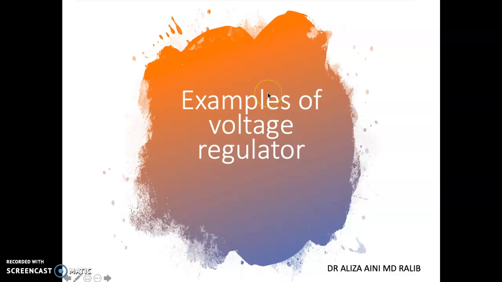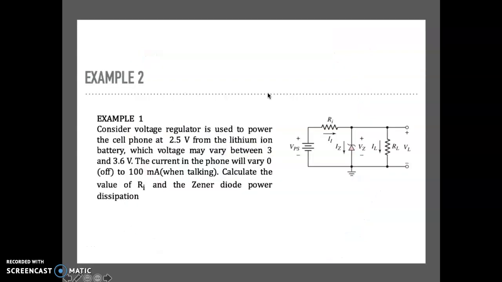Okay, hi guys. So let's do one example of the voltage regulator. The first example says, consider the voltage regulator is used to power the cell phone at 2.5 volt. So now we need to define what is the source, what is the load. When saying to power the cell phone, yes, the cell phone will be your load